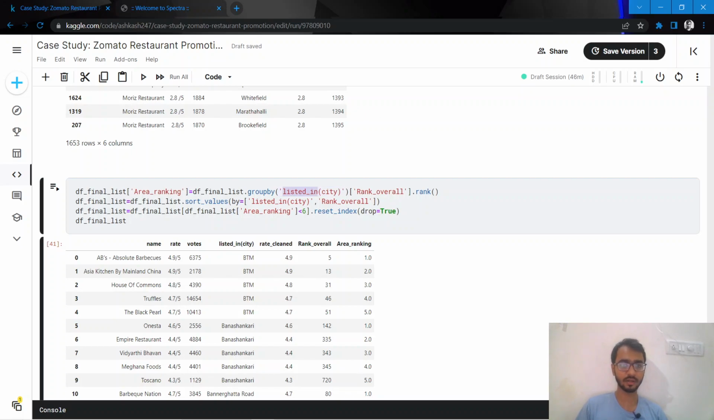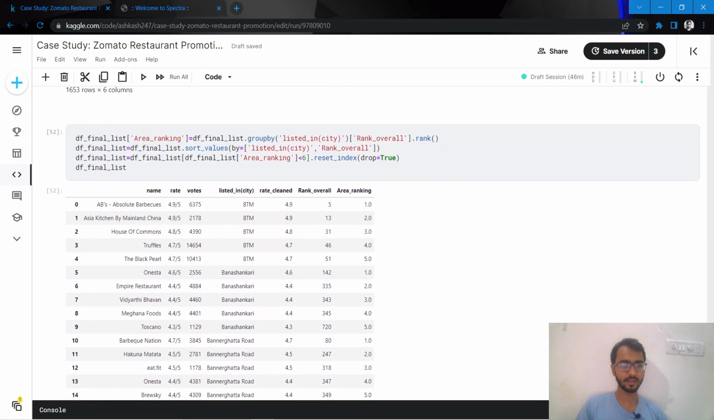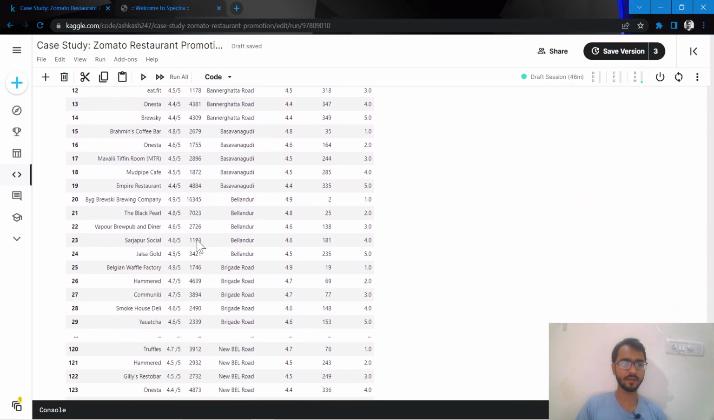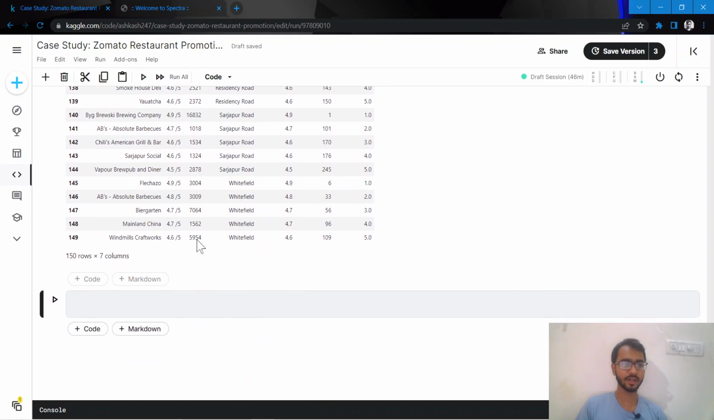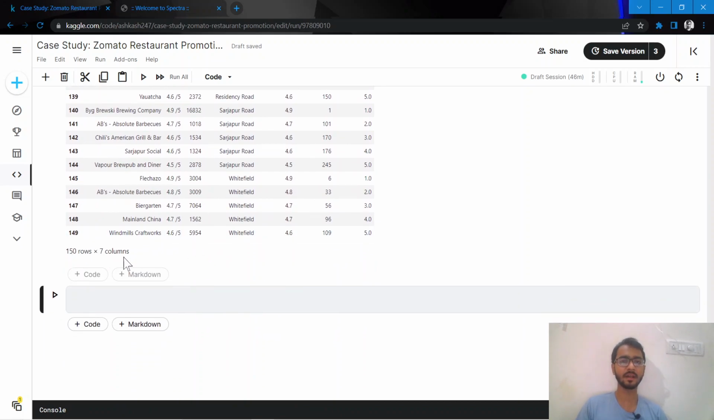So once I apply these data manipulation techniques, and I also select those restaurants that have an area ranking of less than 6, which would mean that they are the top 5 ranking restaurants in that particular area. So once I apply these manipulations, as you can see here, for every area like BTM, we have the highest rated restaurants, all of which have more than 1K votes at least. Okay, so here I have got my final list of restaurants, which are around 150 restaurants